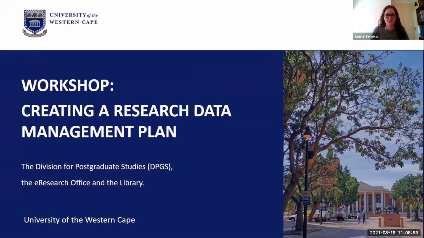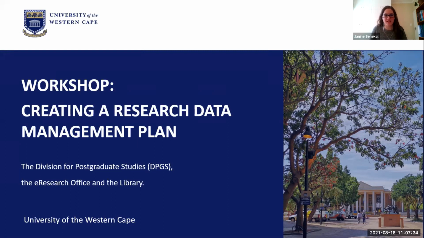So the point of this workshop today is looking at how to create a research data management plan. And as a lot of our students will know, research is not just about doing research. There's a lot of admin that goes in behind that, with writing ethics clearance documents and proposals. And data management is another part of those almost administrative processes that go along hand in hand with the research process. And this is part of making sure that you're protecting your participants and how you're actually protecting the data that they give you as part of the research process. So this goes hand in hand with ethical issues of consent, confidentiality, and anonymity.